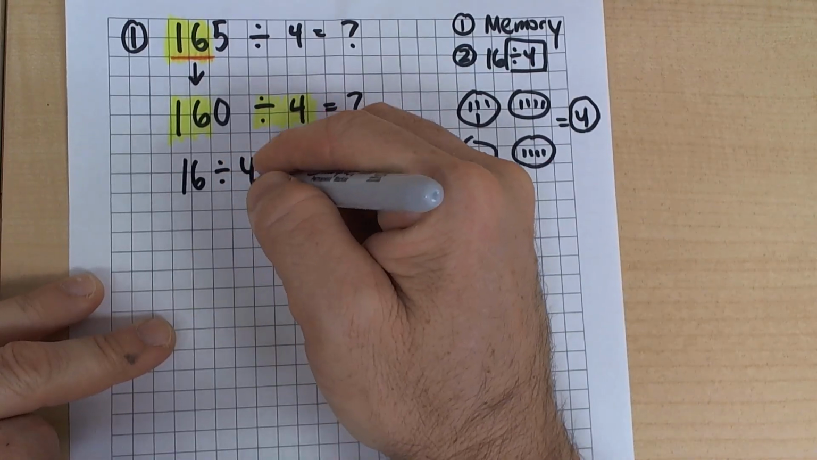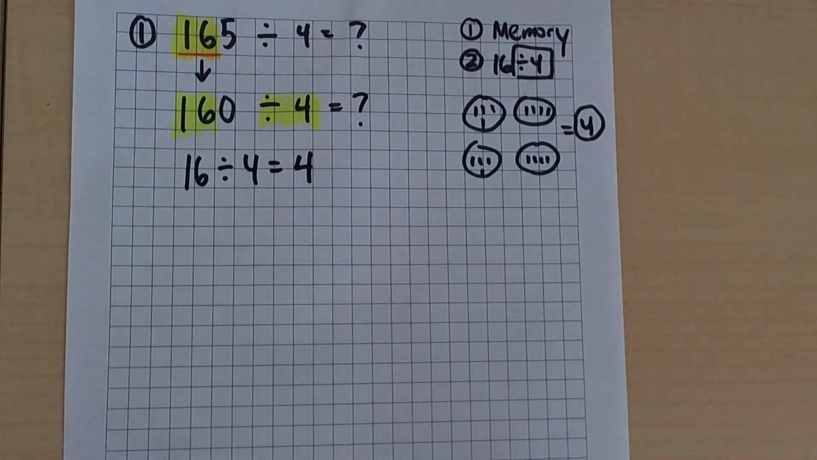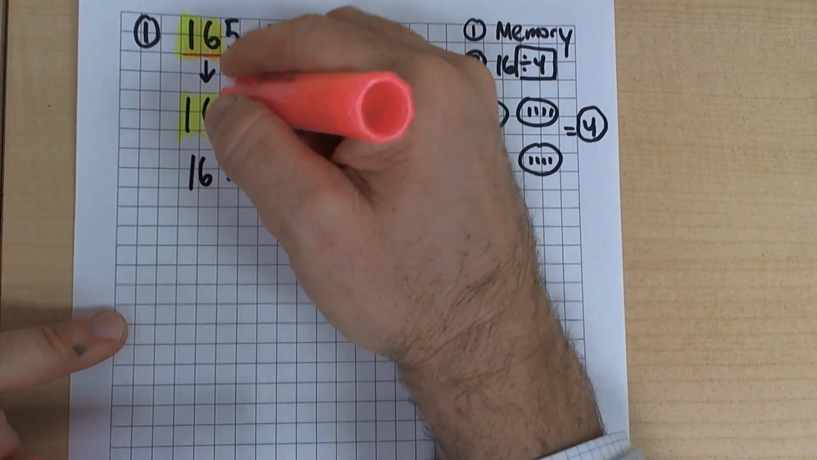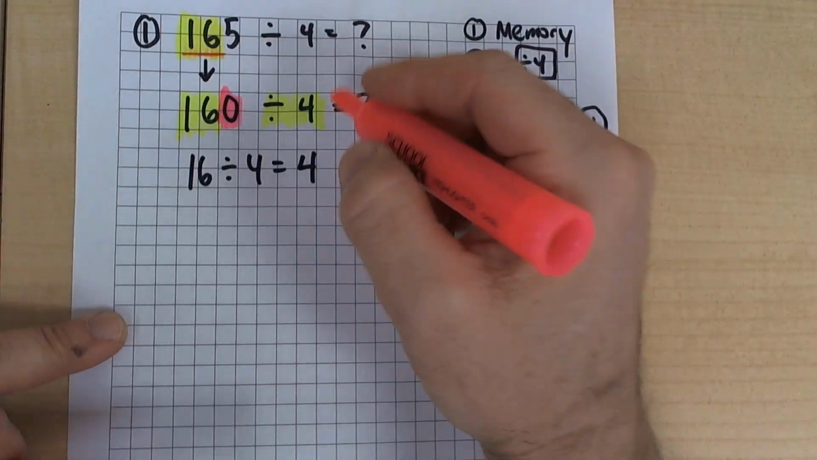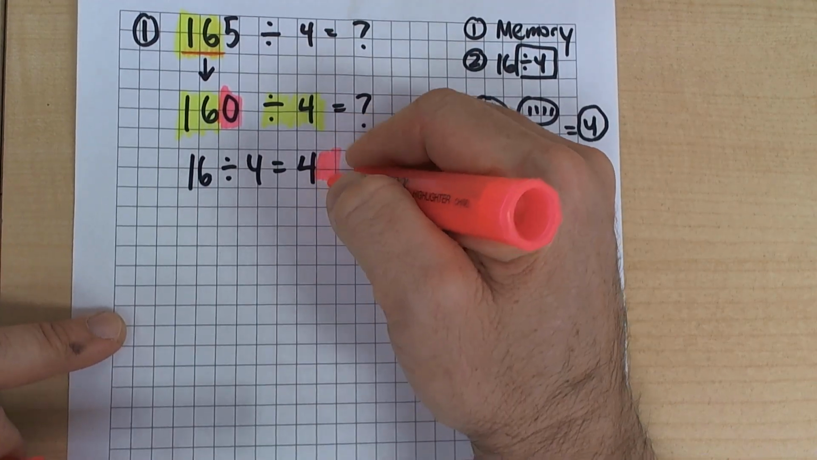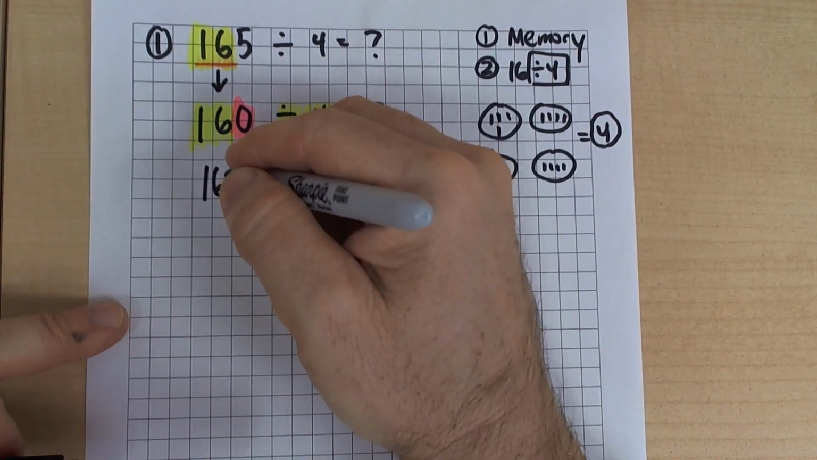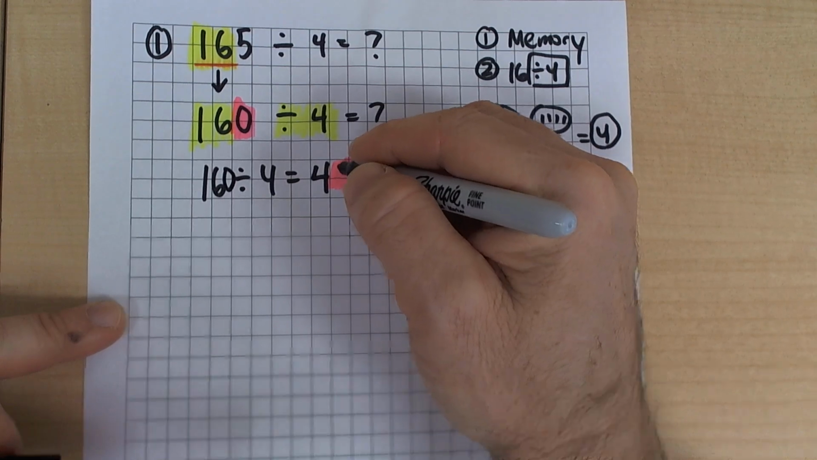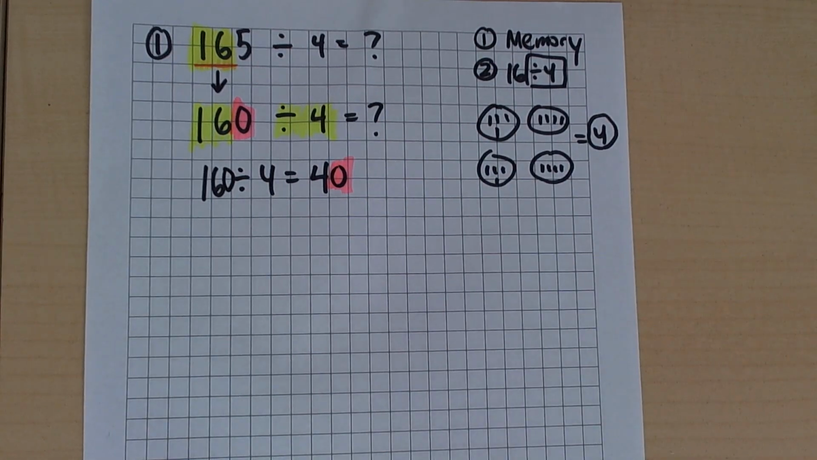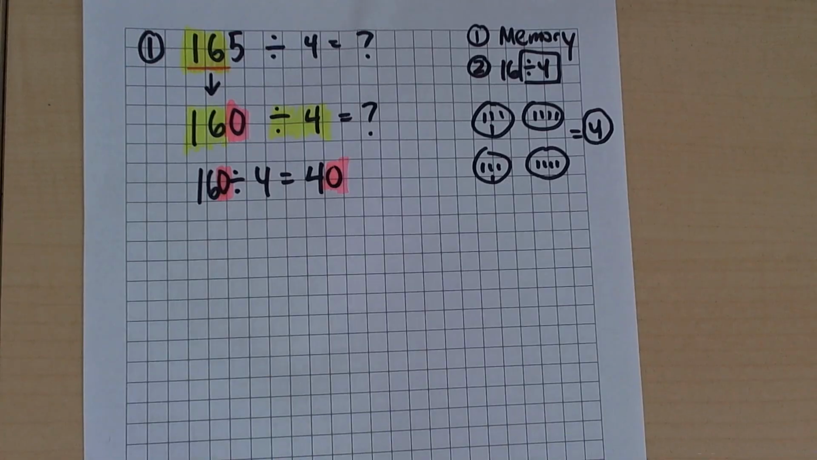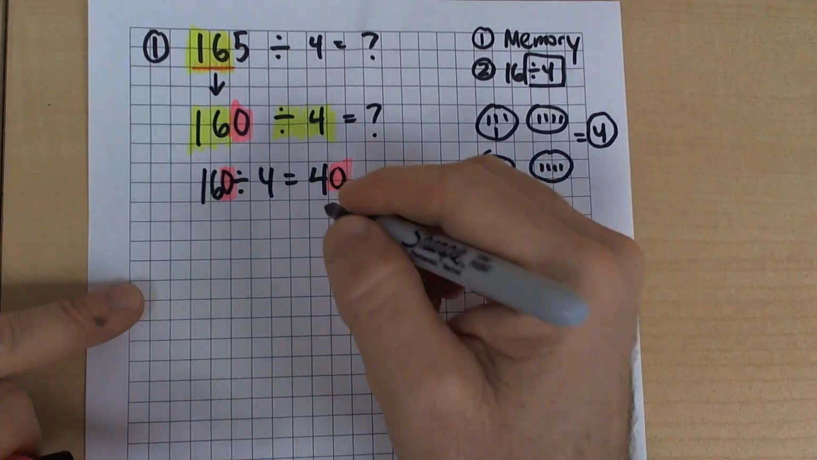16 divided by 4 is 4. Pretty easy. And if I have a 0 here, then that means I have to bring a 0 over here. Right? So 160 divided by 4 is 40. All right? So if 160 divided by 4 is 40, then that means